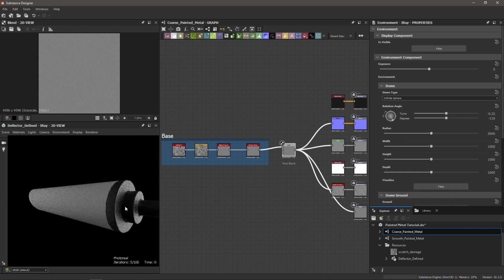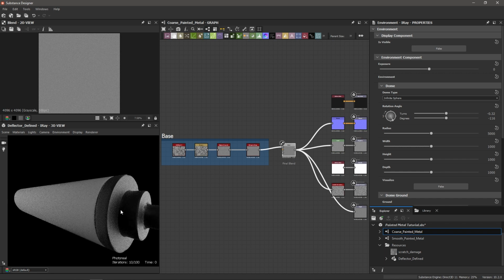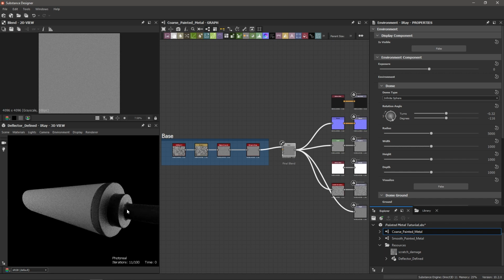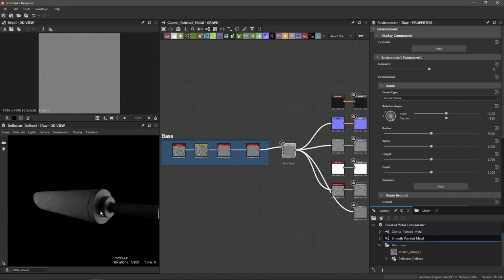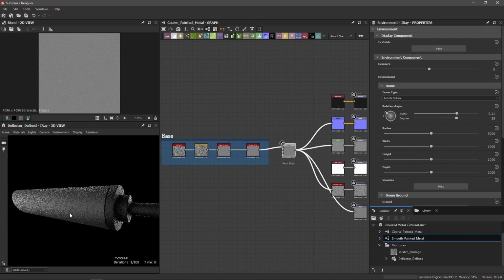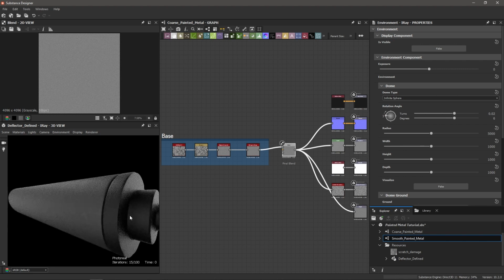That's the part where I wanted to have the coarse metal, and you can see it assigns it just to that part in my object. I'm going to do the same thing, right-click on the other one, the smooth one, View Outputs in 3D View, and now assign it to the other material slot. So now we can see what these two materials look like applied to my 3D mesh. And so I can zoom in here, I can have a look. Again, subtlety is key here, but I think what I'm going to do is change the exposure on the environment